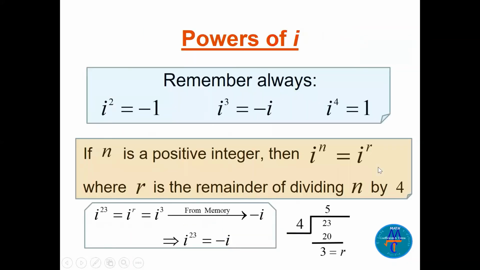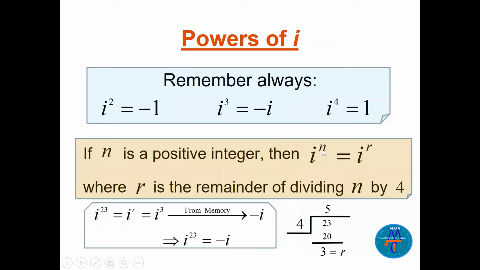Let's take powers of i. You have to remember the first line here. We know i squared is minus 1. We know i cubed is minus i. It's so easy. And i to the power 4 is 1. Only these you have to remember. Any other power, see, I put here i to the power 23 or 59 or 61 or minus 100, whatever the power,